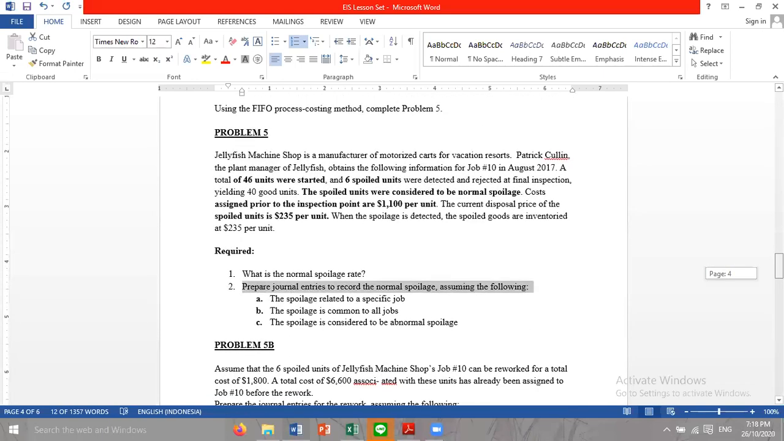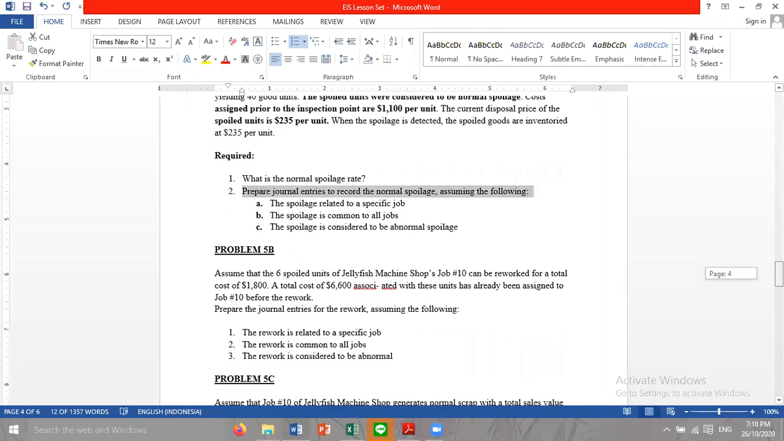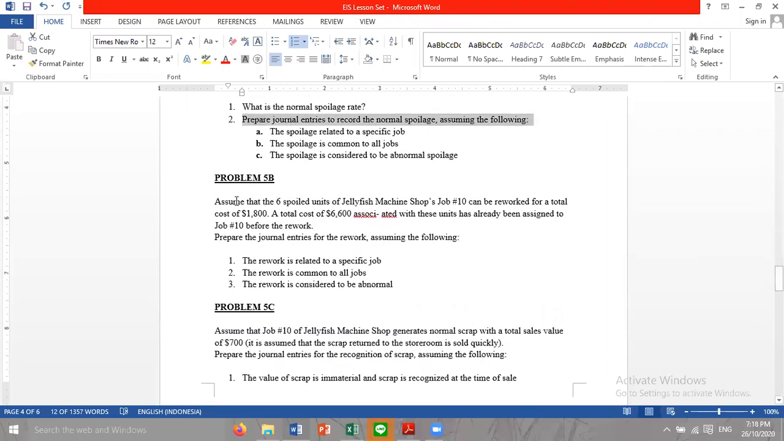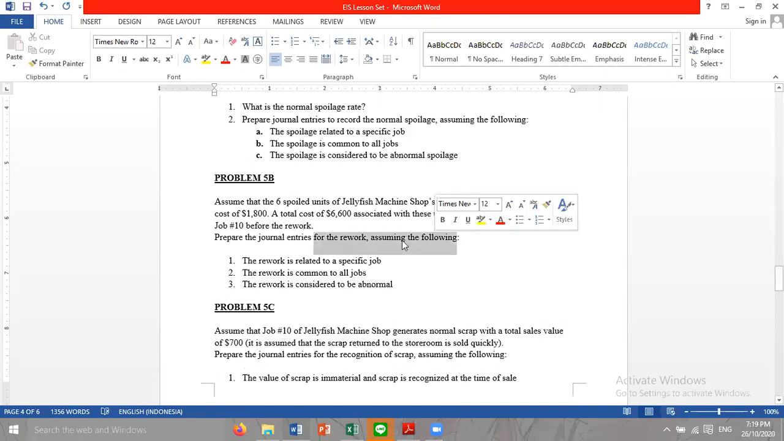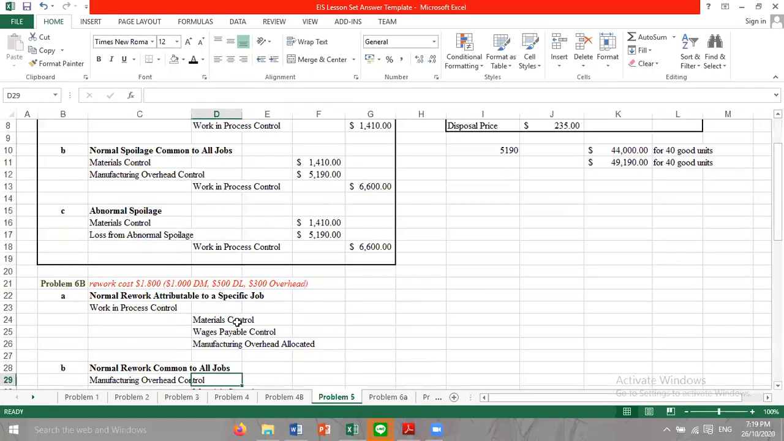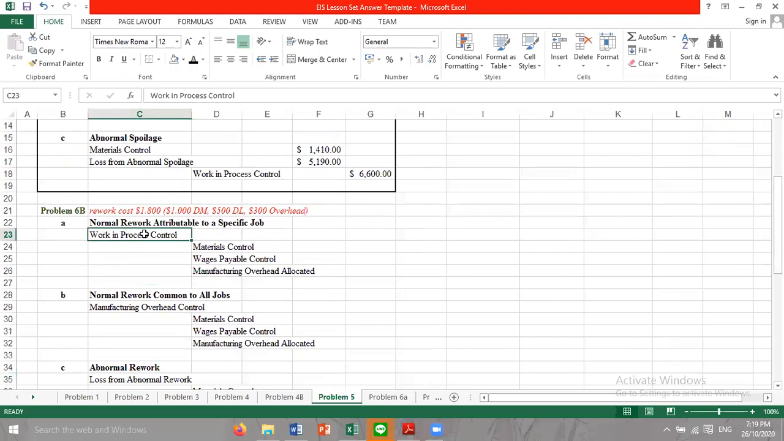Now we're going to problem 5B. Assume that the 6 spoiled units of jellyfish machine job 10 can be reworked for a total cost of 1,800. The total cost of 66,600 associated with these units has already been assigned to job 10 before the rework. Prepare the journal entries for the rework assuming the following. All right. Once again, refer to the explanation above. If a rework is attributable to a specific job,